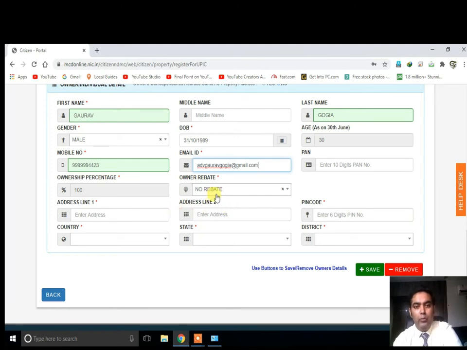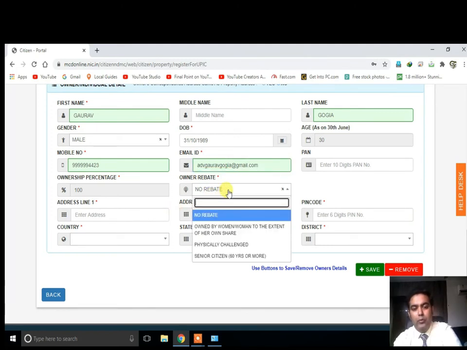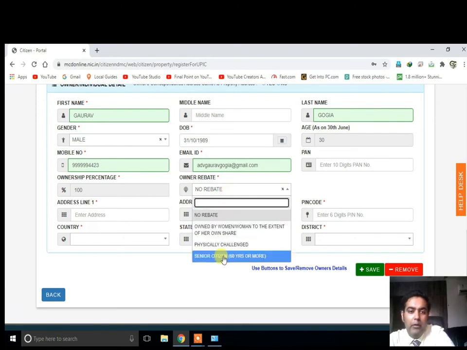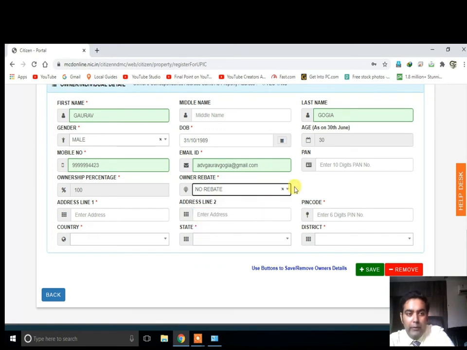Ownership percentage, ownership rebate. Rebate is given to persons like senior citizens. I'm not eligible for any rebate, so I will leave that blank.